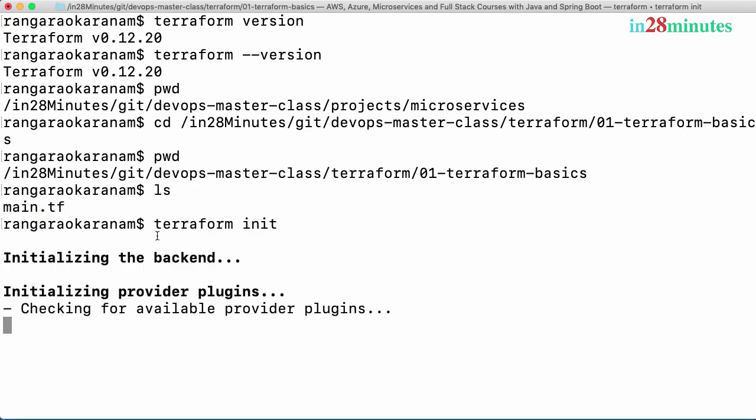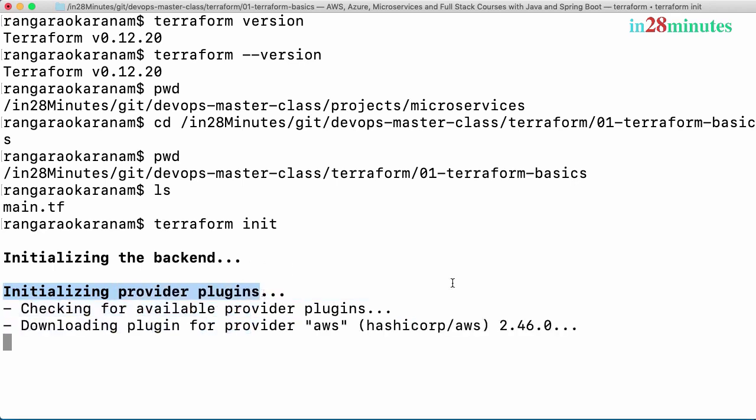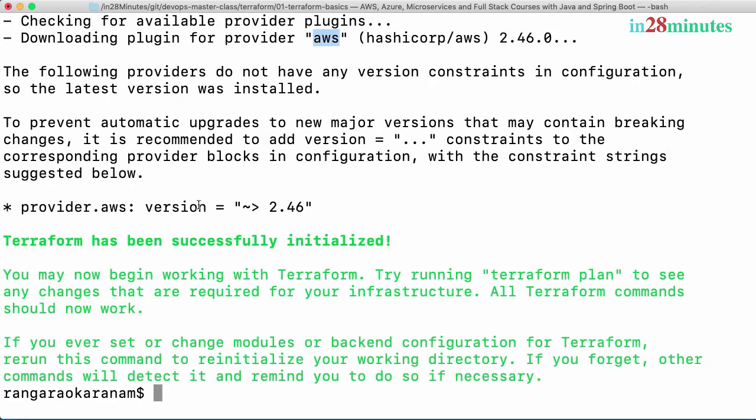You can see that terraform init does something called initializing the backend. We will talk about what a backend is a little later. For now, you can see that it's initializing provider plugins. We configured AWS as a provider. So what it's doing is it's downloading the plugin for the provider AWS. So for each of the providers, there are different plugins available. And right now, what is happening in the background is the provider for AWS is being downloaded. And you can see that this specific version which is downloaded is